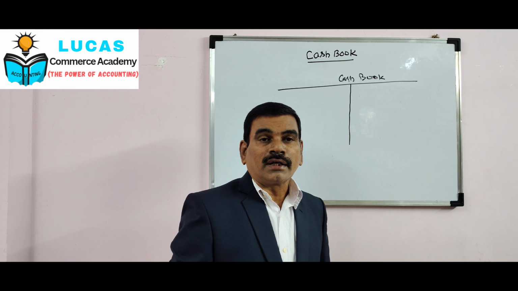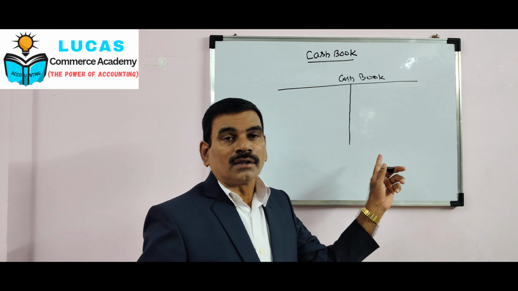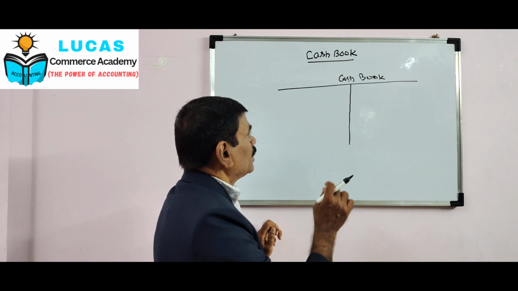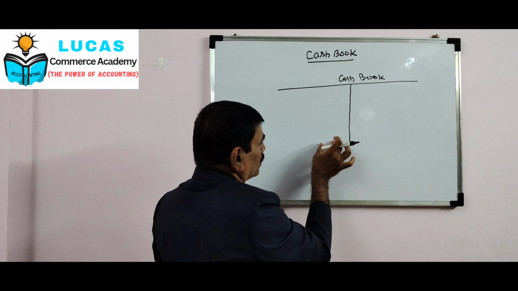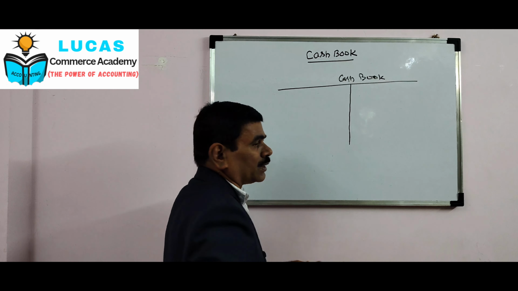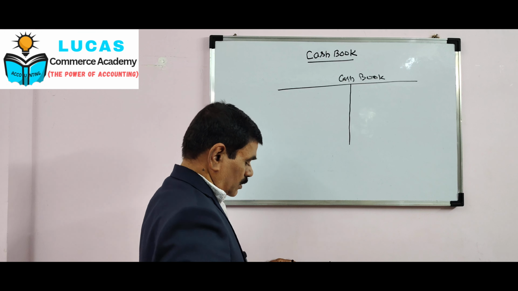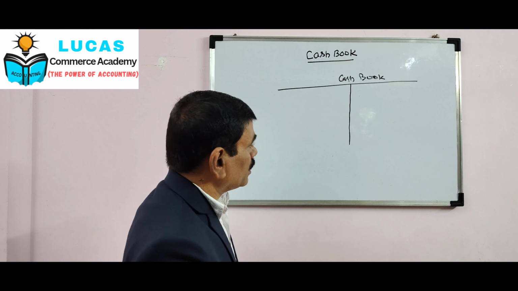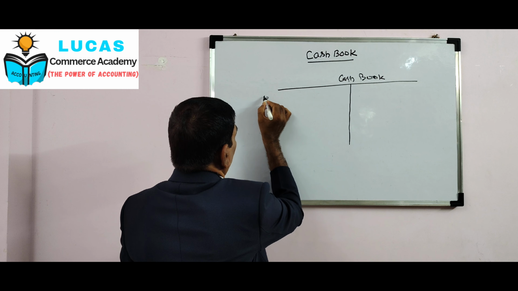So credit transactions should not be recorded in this book. Okay, once again, all receipts should be entered on the debit side and all payments should be entered on the credit side. Okay, so generally we know every ledger account starts with opening balance. For example, to balance